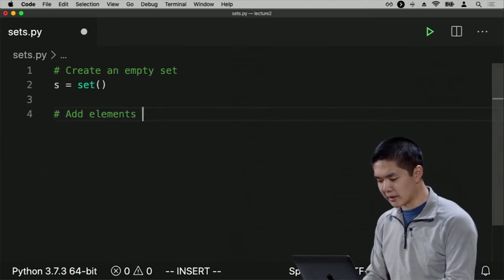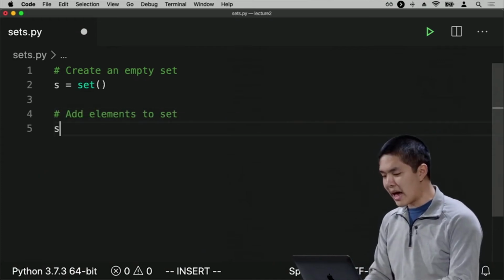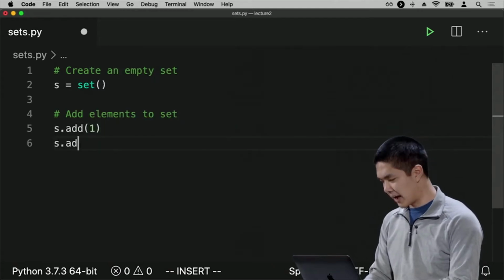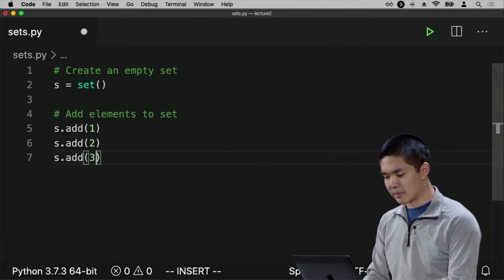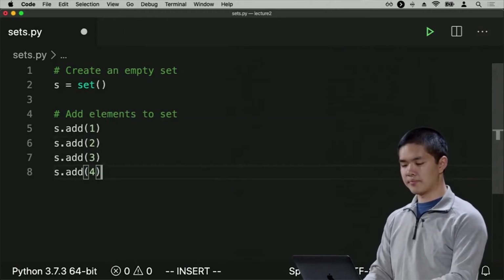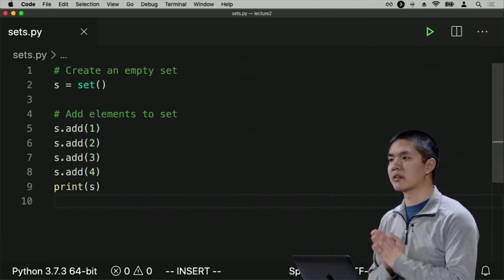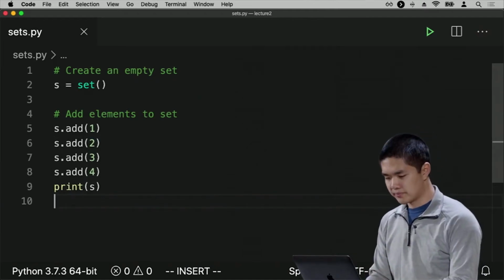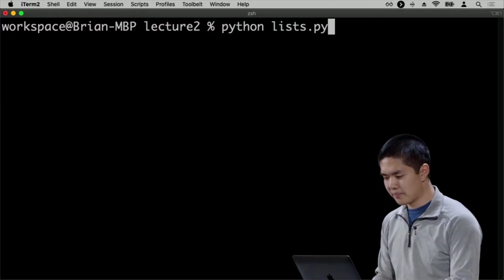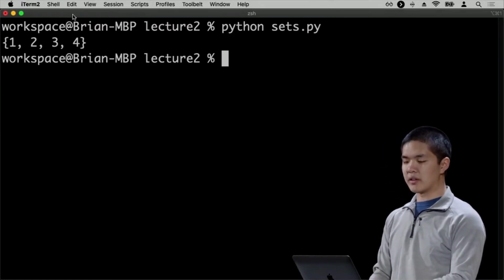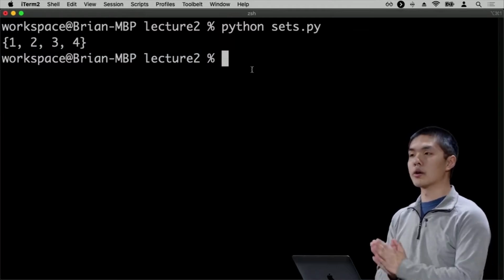Now we'll add some elements to the set. So I can say s.add. Let's add the number 1 to the set. Let's add the number 2. Let's add the number 3. And let's add the number 4. And then we can print out the set to see what happens to be inside the set right now. Now when I run this program, python sets.py, we see that inside the set are 4 values, 1, 2, 3,